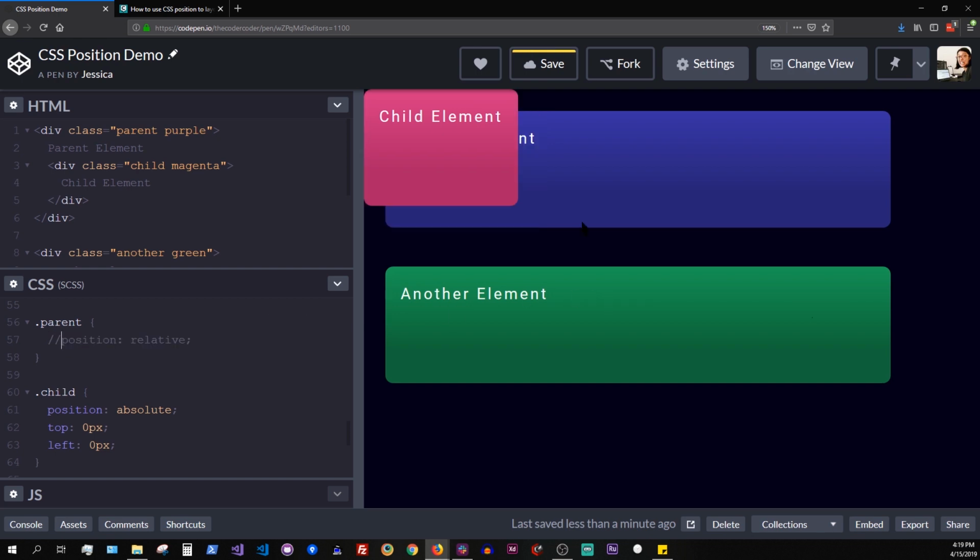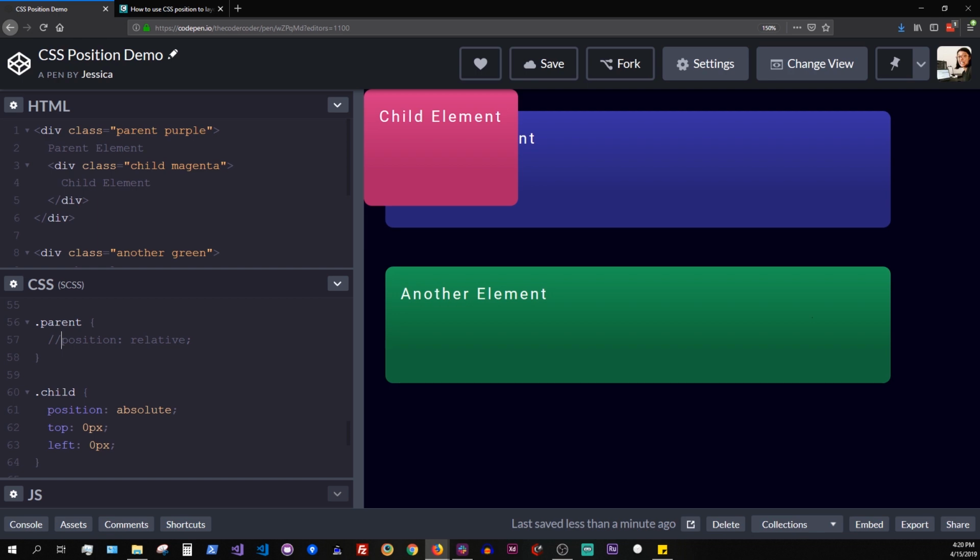Okay, so you can see now that before, the child element was within the bounds of the parent element, but now it's completely outside and has broken out of the boundaries. This is because the parent has no position set. So the child element is going to keep going up that tree, up to the next grandparent element, which in this case is just the body element, which is as far as it can go. And this is a huge cause of unexpected behavior in CSS for a lot of developers. I know that it's happened to me, and I'm always like, whoa,